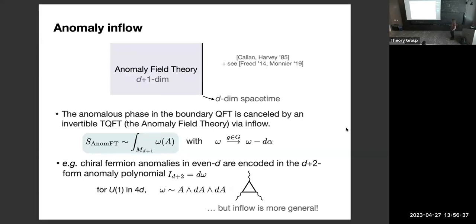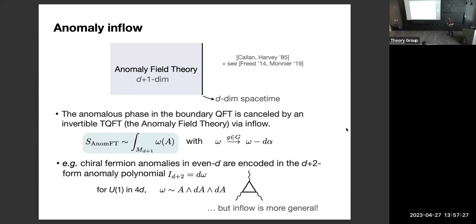Now, from some perspective, I'd say from the modern perspective, but perhaps a very useful perspective on anomalies of QFTs is to describe the anomaly by a TQFT in one dimension higher than space-time, where my d-dimensional space-time lives on the boundary of this d+1 dimensional space, and that's in the language of anomaly inflow, where the anomalous phase in my boundary quantum field theory, the phase I wrote on the previous slide, is exactly canceled by the action of this anomaly, this TQFT that I'm just going to refer to